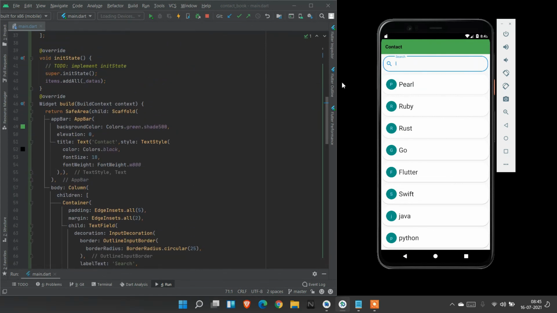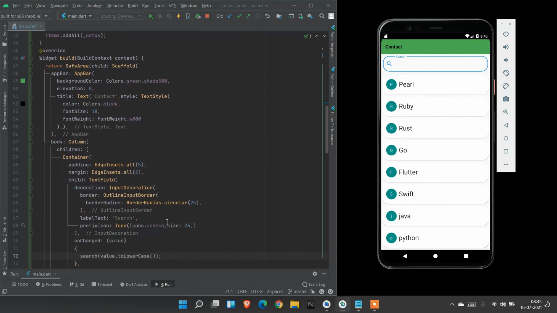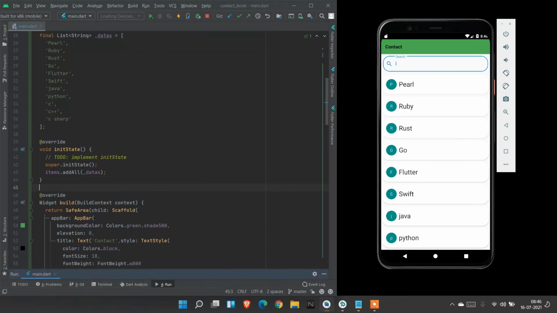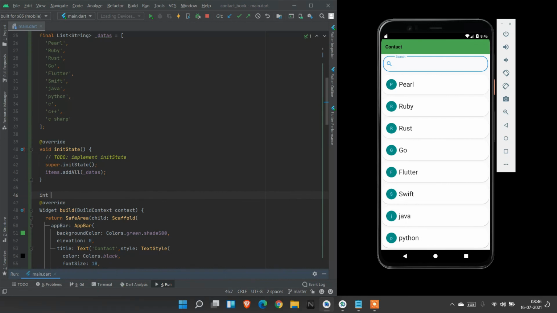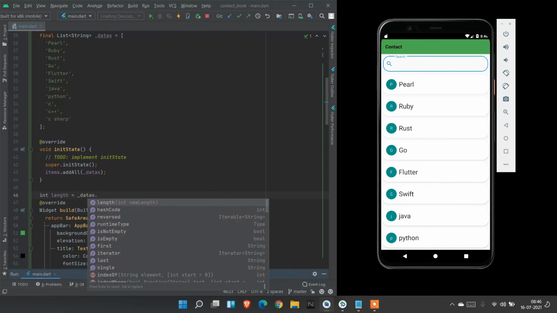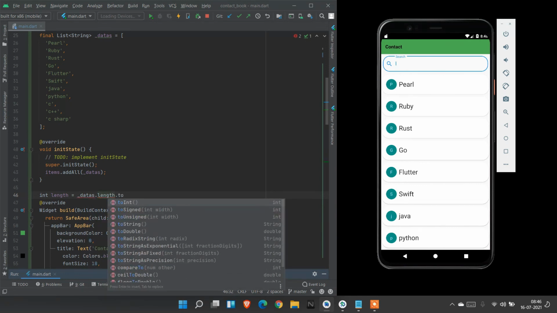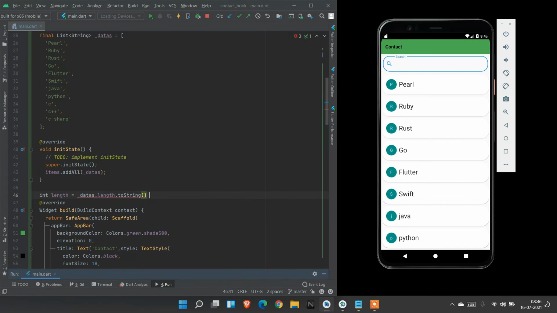Here we can change the title to show how many contacts are inside the contact book. For this we need to create a new variable equal to datas dot length dot toString plus contacts are visible here.